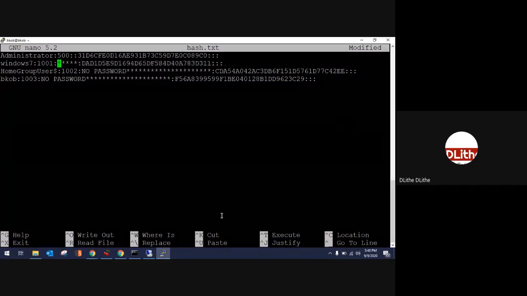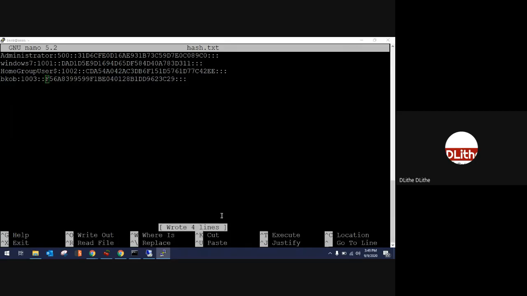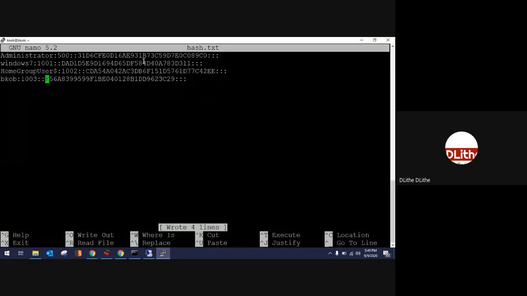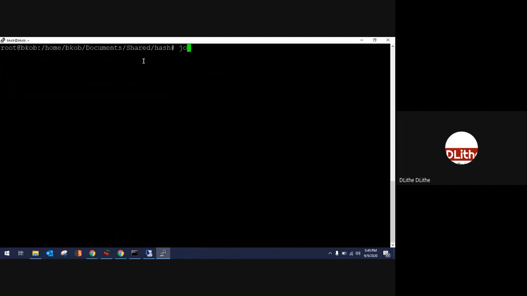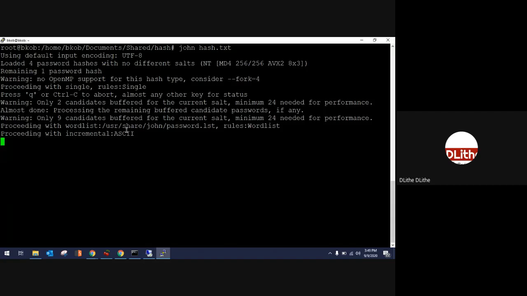John has its own format. So obviously, you will have to remove the text that is displayed as no password. In case it displays any hash value over there, you can use that as it is. But if it says no password, kindly remove the text which says no password. But make sure you do not delete the hashes that it shows. Let me confirm that once again. Hash starts with F56A. Perfect. Let me run it again. This time it will start cracking passwords.